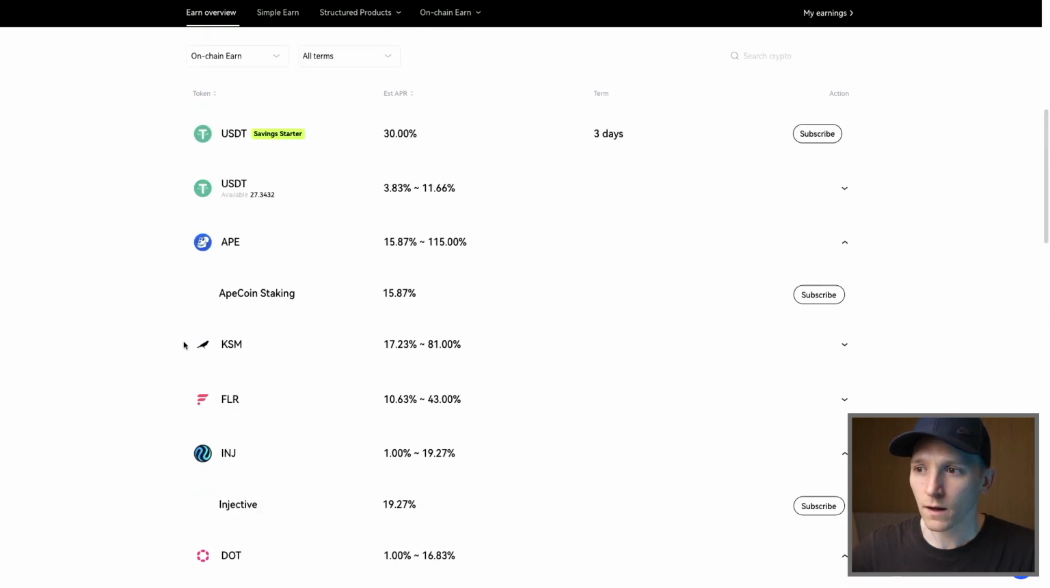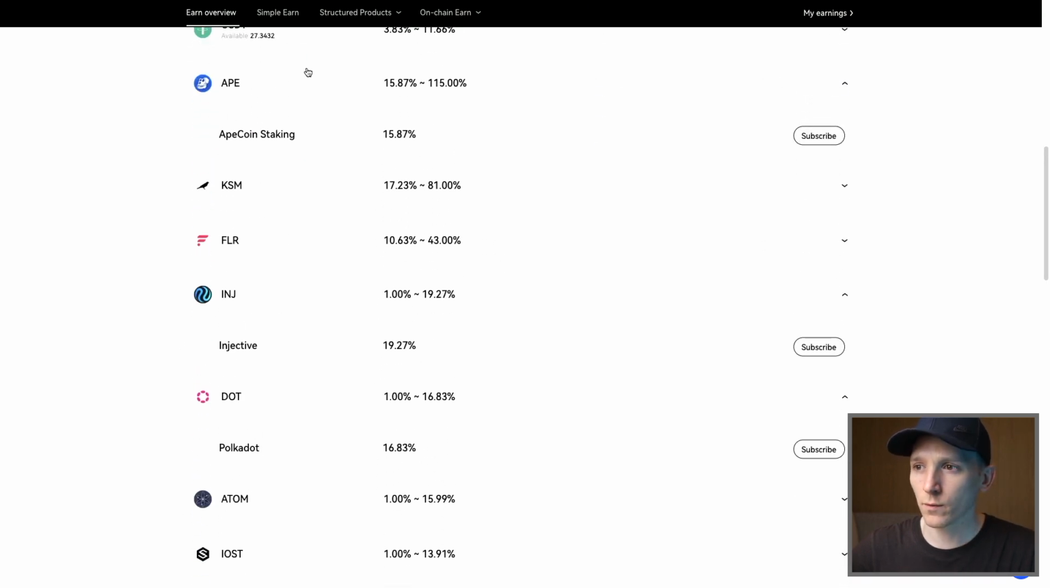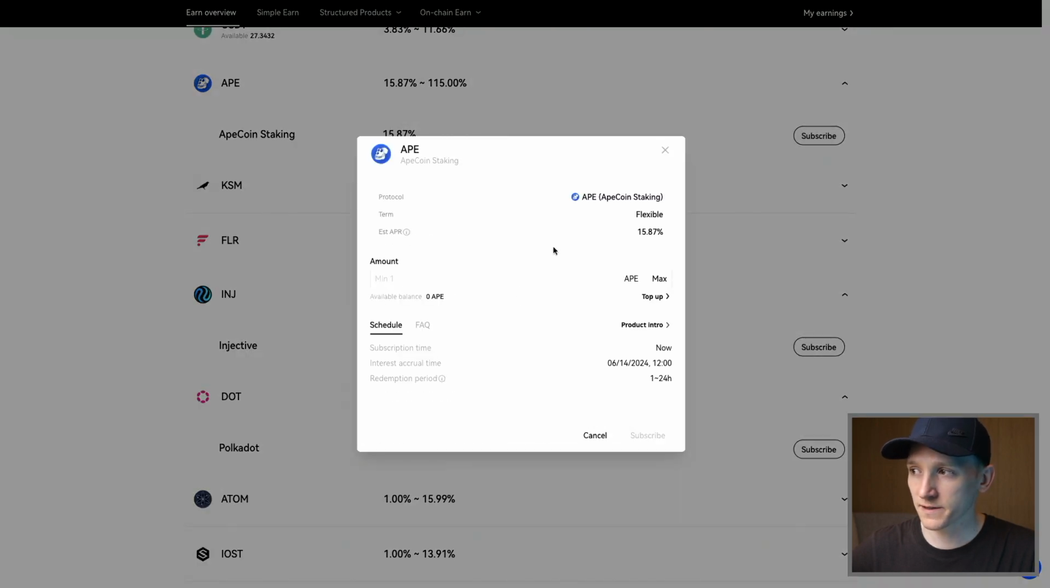So let's choose a coin right here. We can see ApeCoin staking. If you have this coin, you can just very simply go ahead and subscribe. The estimated APR is 16%. You can put an amount in here and just press subscribe. Now, there usually are some lockups here and some redemption periods. As we can see, the redemption period for this coin is about a day, so not too bad. So if you withdraw, you have to wait a day to actually get the coins back